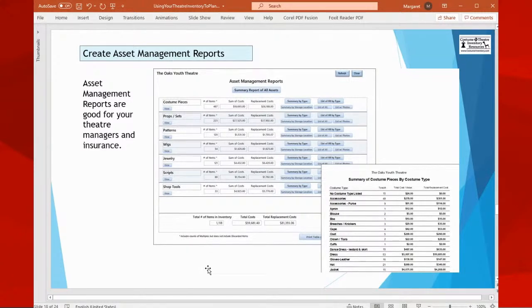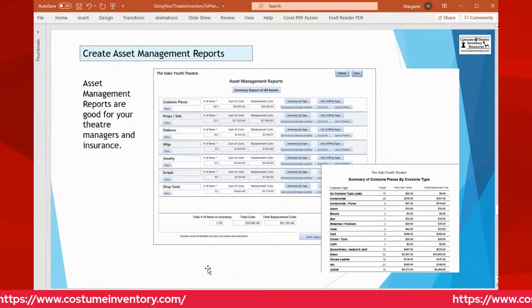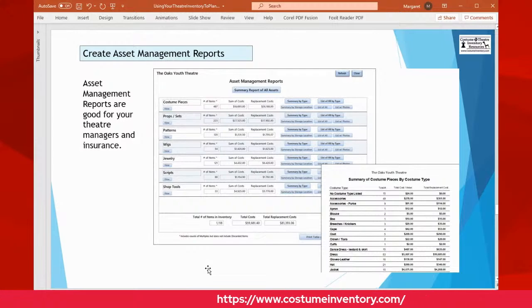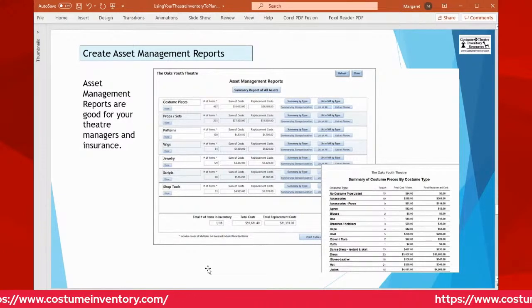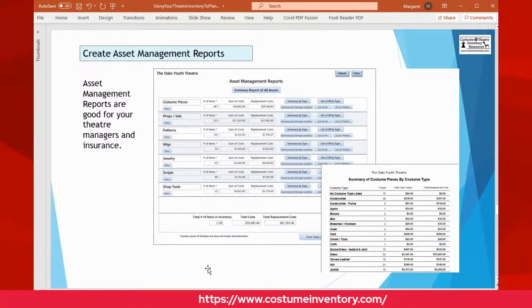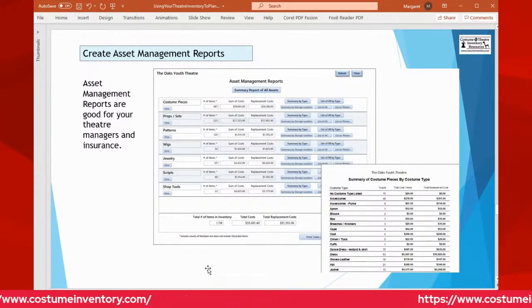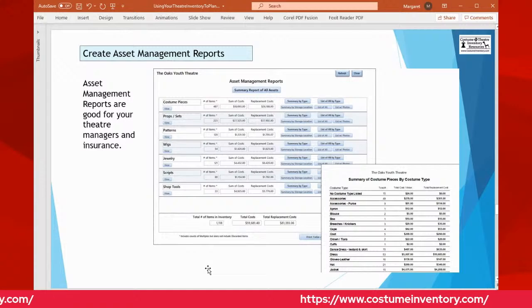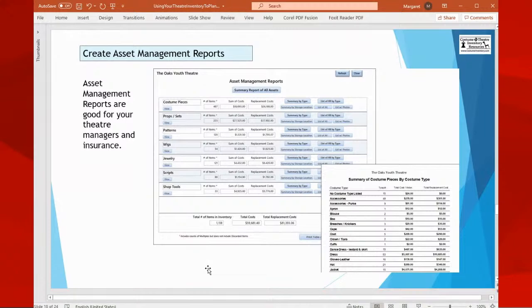I have shown these reports to my insurance agent just to talk to him about what's important. And he was like, oh my gosh, if I had this kind of information, it would make my job so much easier. My customers would get so much more money back on their claims because they have it documented. You know, to walk into a damaged warehouse and see a lot of wet or damaged clothing is pretty depressing. And you think, oh, this isn't worth anything. You're only going to give them $1 per piece. Well, in fact, they should be valued much more. But unless you have it documented,